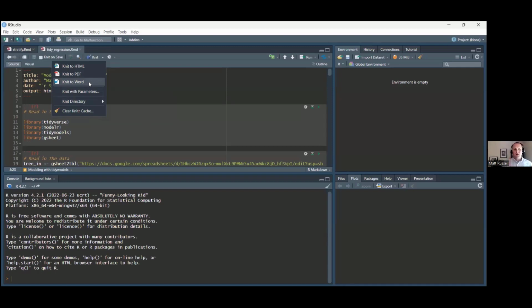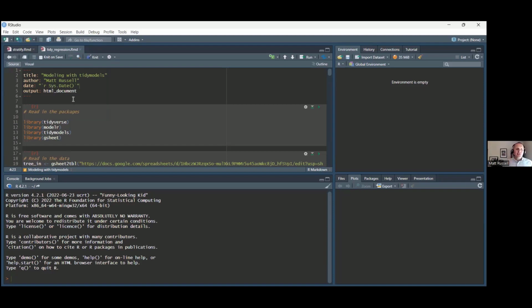They don't have to actually read my code. If it's another person I know that does coding and is familiar with code, I might just send them the R code. But I work with a lot of people and a lot of companies that say, well, we don't need to know all the coding you do to get the answer. We just want the answer. And so with that, I often will write my code and then use this knitting feature to save it as a PDF or as a Word document. So just some background there about some of these different data files.